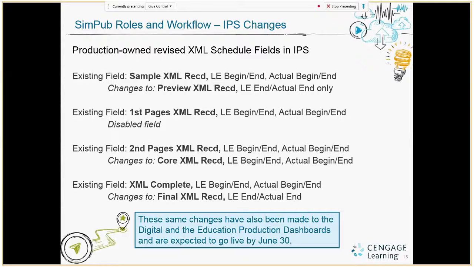These fields are now live in IPS. It says go live by June 30th. They are all live in the IPS schedule screen. They are also live in the selected titles panel of both the education production dashboard and of the digital dashboard. There is still some programming work to be done to